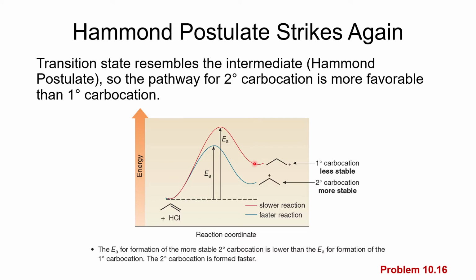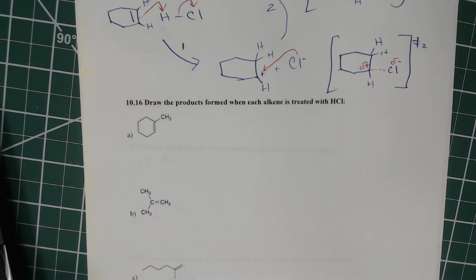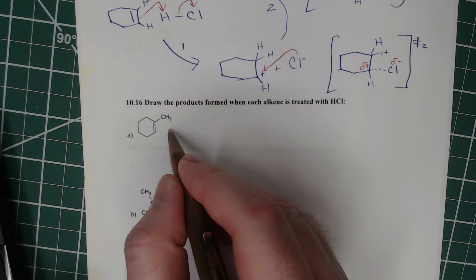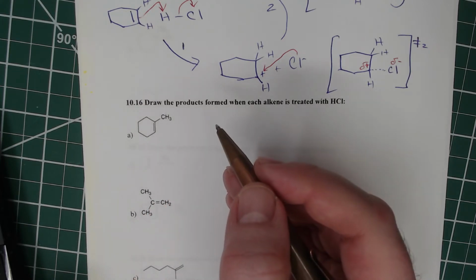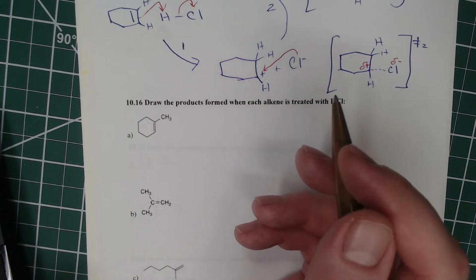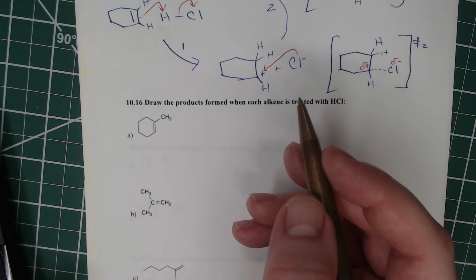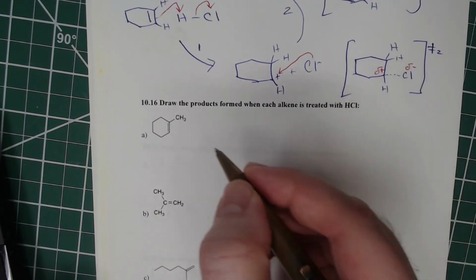All right, so now that we know Markovnikov's rule, we're going to look at our in-class assignment and do number 16. We want to draw the products formed, and we're just going to draw the Markovnikov product. We are not going to draw alternative products like the anti-Markovnikov product. So when we're adding HCl